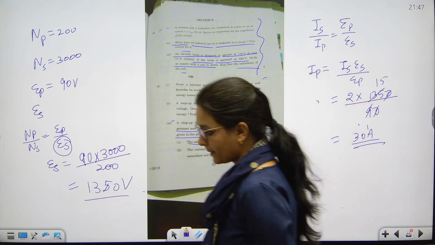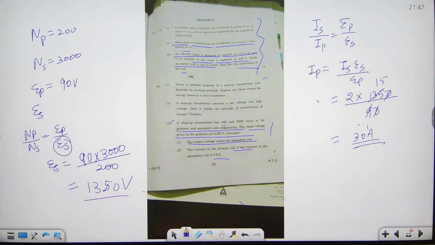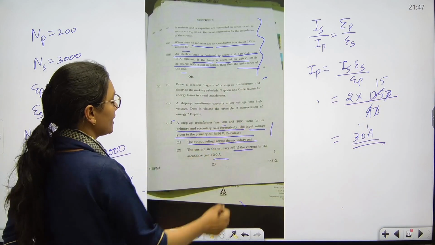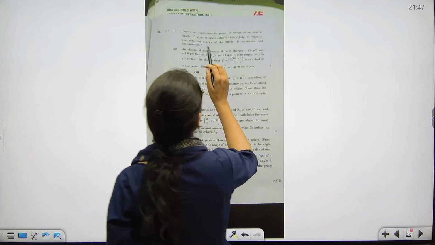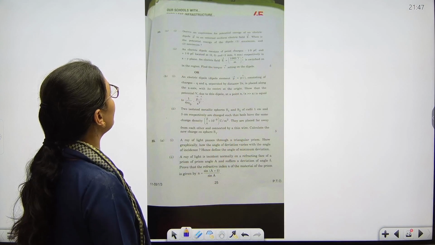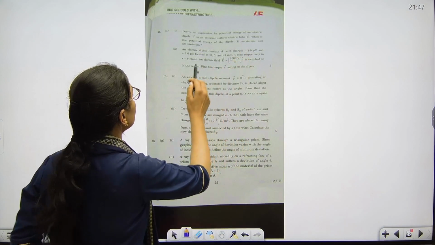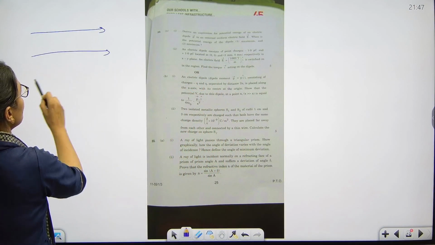30 ampere. Correct. Yes, you can also apply the NS upon NP formula. Next one: we have to derive an expression for the potential energy of an electric dipole in an external electric field. Potential energy of a dipole